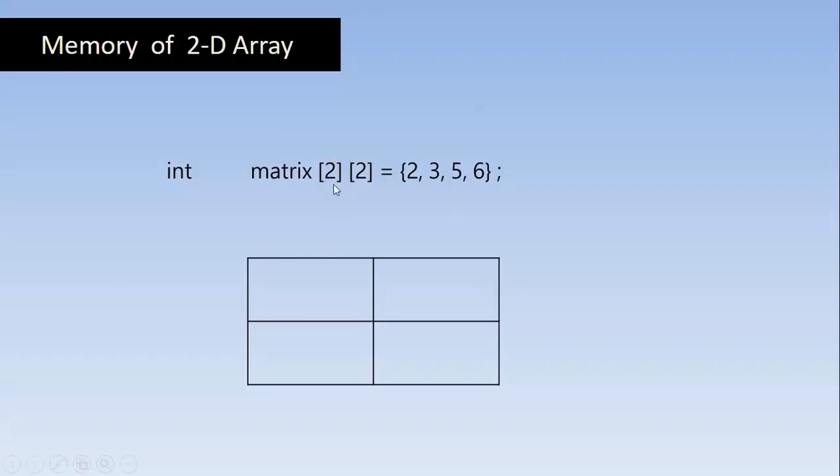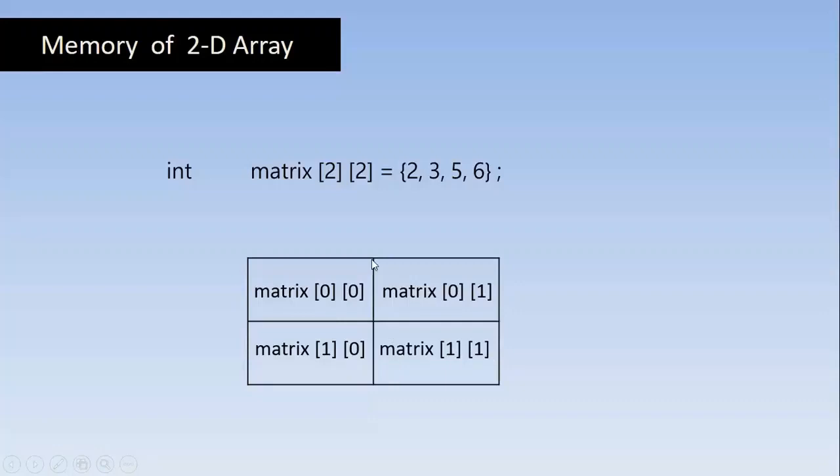If we have a matrix of 2 into 2 dimension, this will be the memory allocation, right? This 2 represents the first row, I mean this 0 and this 0. To iterate through this, we have one for variable called i, and here we'll assign one more for variable called j to iterate by referencing the column number, right?